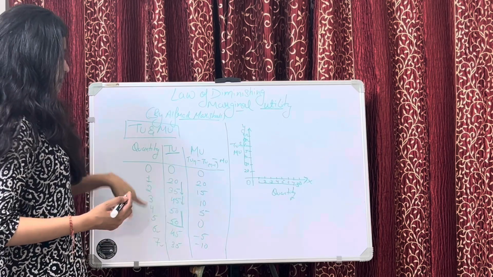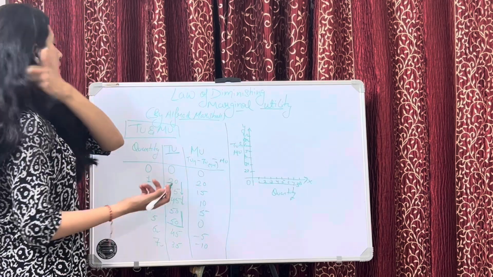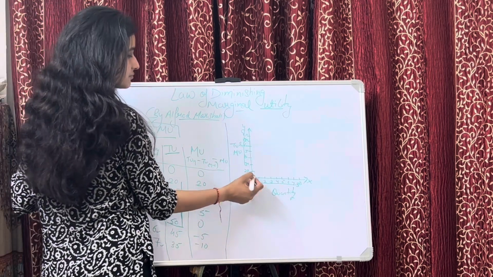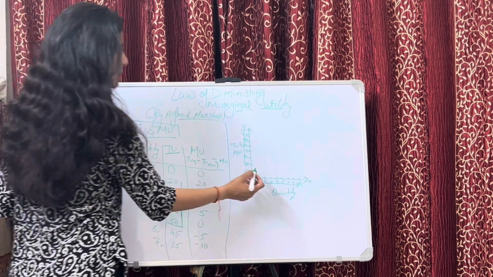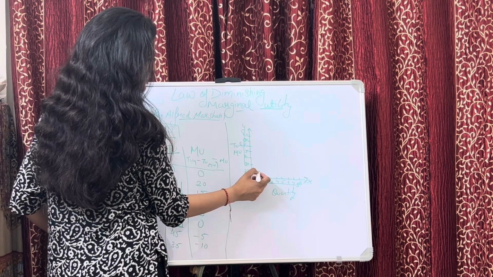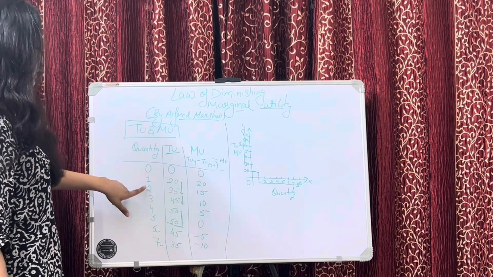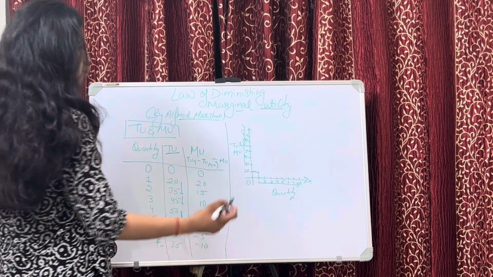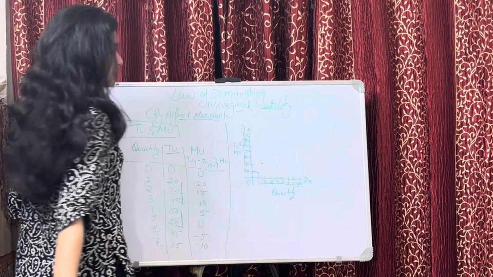So after seeing this, we will draw the diagram for the total utility graph and the marginal utility graph. Suppose I am drawing the total utility graph first. See, at the point 0, the total utility is 0, okay, so there is no effect. At 1 unit, the total utility is 20. So your first point will be here, okay. Second unit of commodity, your total utility is 35. So it will be somewhere in between here. Okay, so the point will come like this.